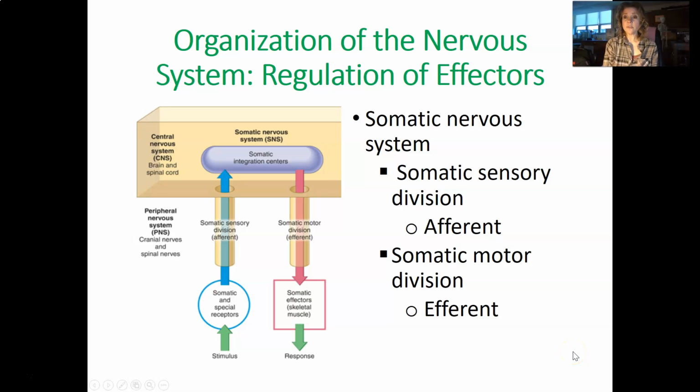We can also classify the different branches of the nervous system by the regulation of effectors. So as I said before, effectors are going to be structures within the body that are going to carry out the decisions that the central nervous system makes. We have a somatic division and we have an autonomic division. The somatic division is going to stimulate effectors